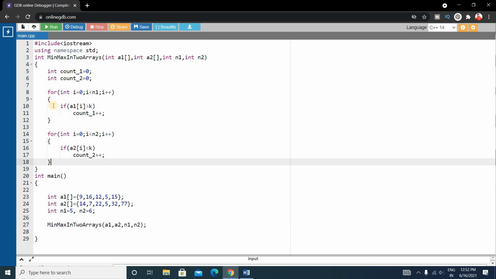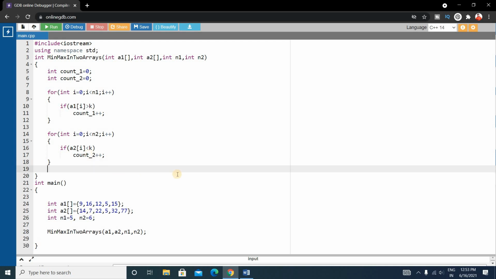Inside this function, after doing this whole operation, we want to return the maximum of count 1 and count 2. We don't know which is maximum, so write here the max function and inside it count 1 and count 2.